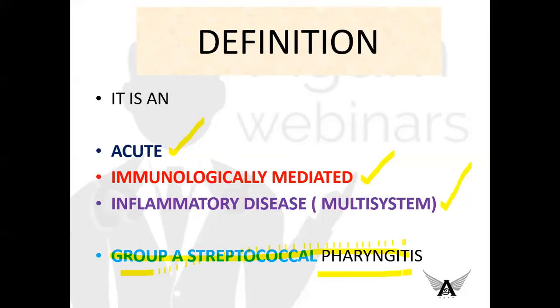Mostly, rheumatic fever will be because of a pharyngeal infection by group A streptococcus, but sometimes it can also be because of group A streptococcal infection of the skin. Group A streptococcus can affect various structures, primarily the pharynx, that is the upper respiratory tract, but it can affect the skin also. So in some cases, out of 100, I can say 1 or 2 cases can be because of group A streptococcal infection of the skin. So this is about the introduction and the definition.